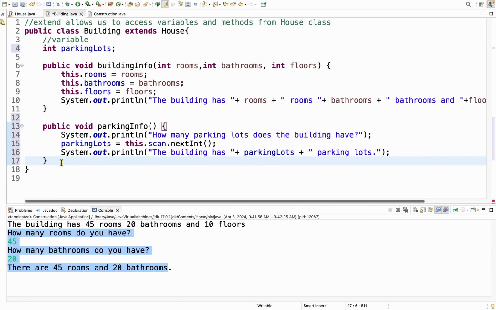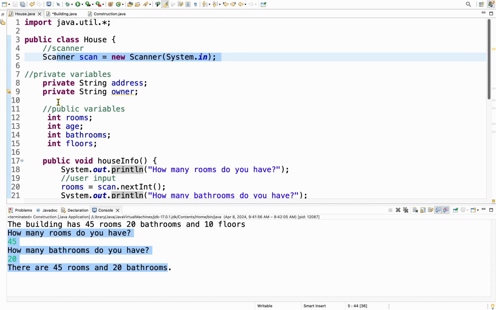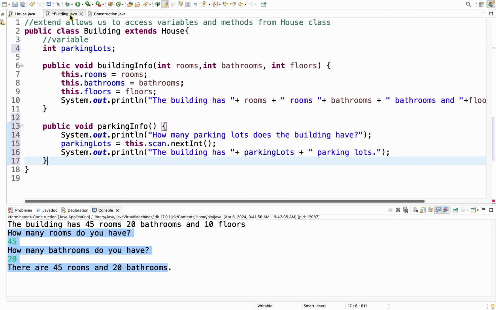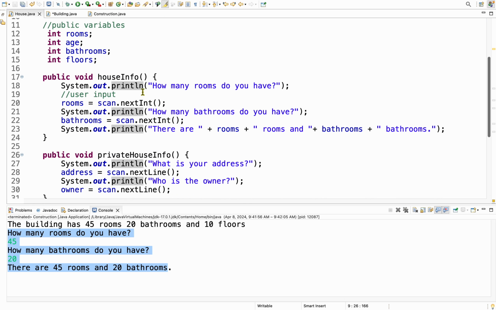So here you see that we created another method. We have these two methods. They are not in our house class, but we could use the methods in our house class here. And you see we used it here as house info. So we could have used that. You could also try to use the private owner as well. For that, you would have to create the getters and setters for the owner, which we did not do in the other example. So if I were to scroll down